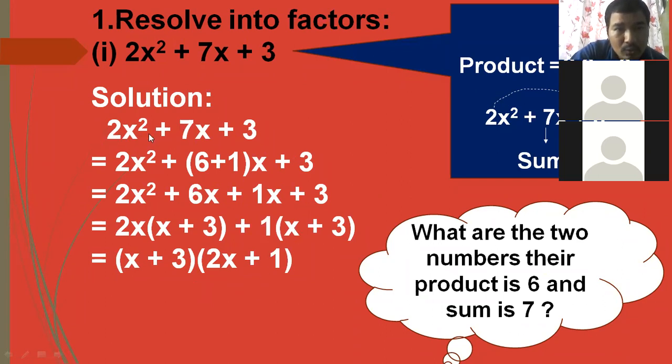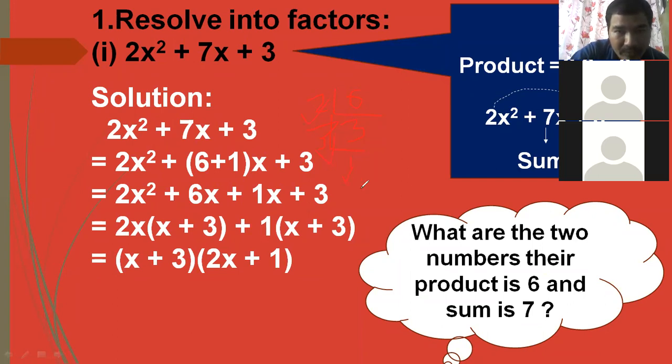First we have to multiply 2 and 3, which is 6. That 6 we have to factorize, okay? 2 threes are 6 and 3 ones are 3. From here we have to make two factors by using 2 3 and 1.